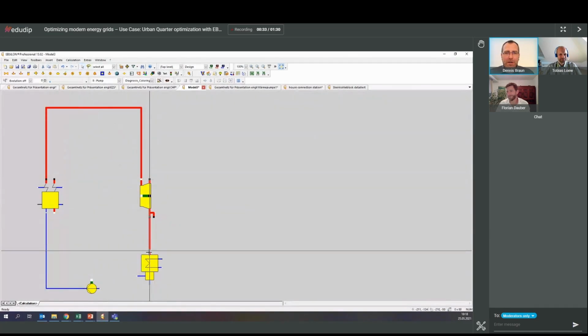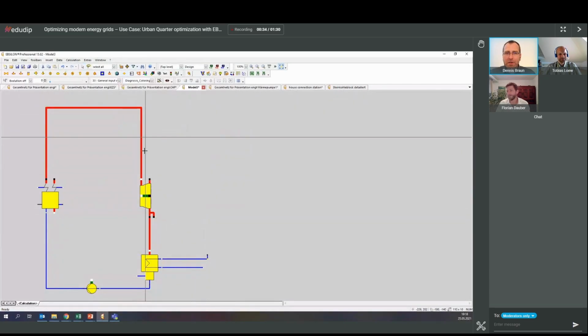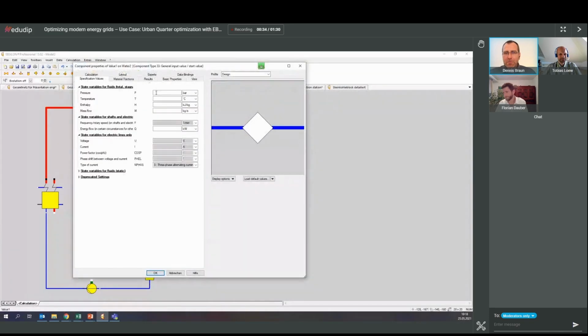Now we connect the pipes. EBSILON will help as much as possible. Every component comes with a standard characteristic curve. In a project, Florian would of course spend lots of effort to really tailor that to the current situation. This calculation needs some input values, so temperatures and pressures. Some come from another component, but of course Florian knows here what to plug in.